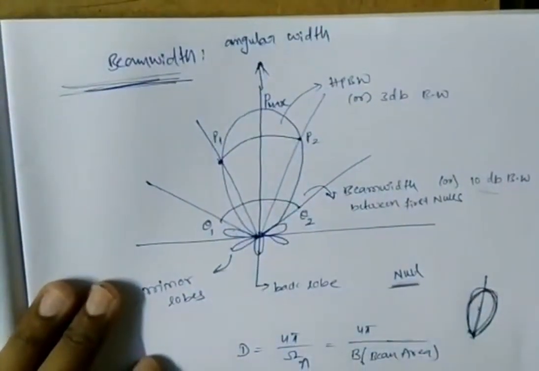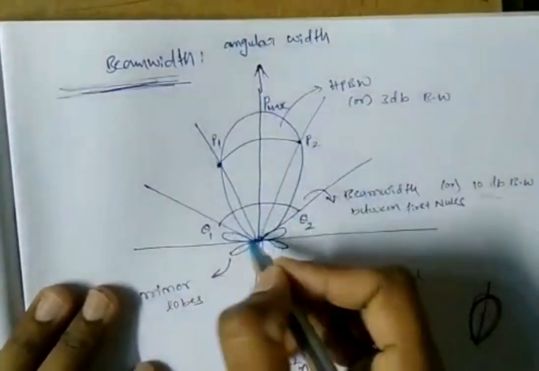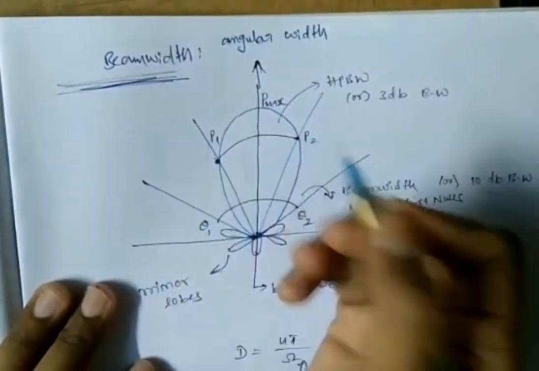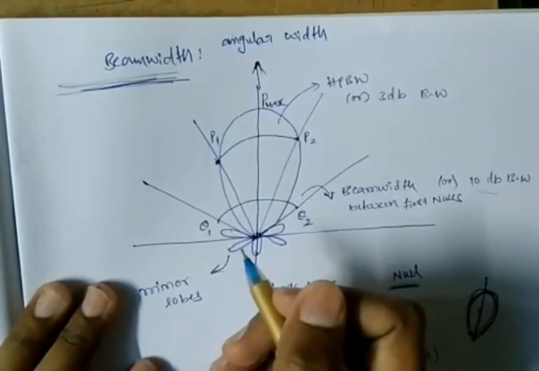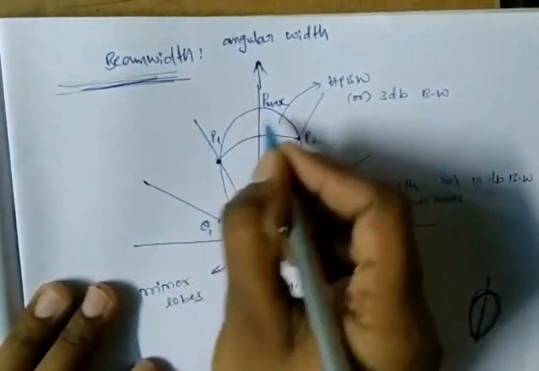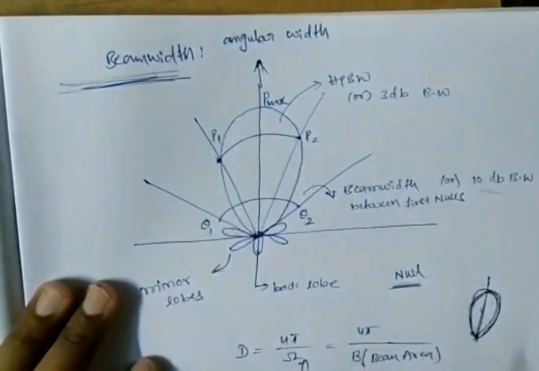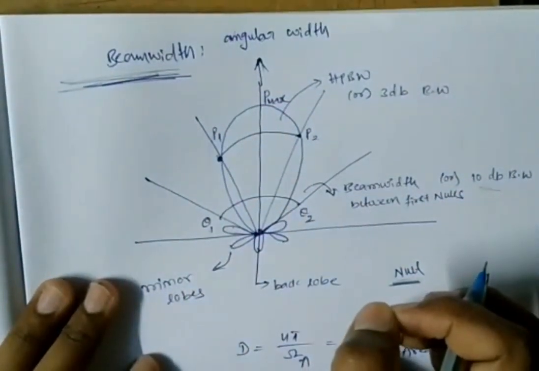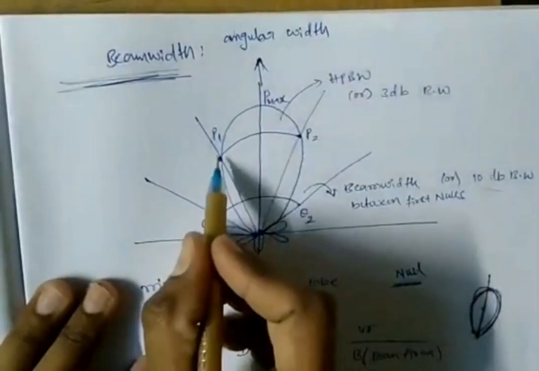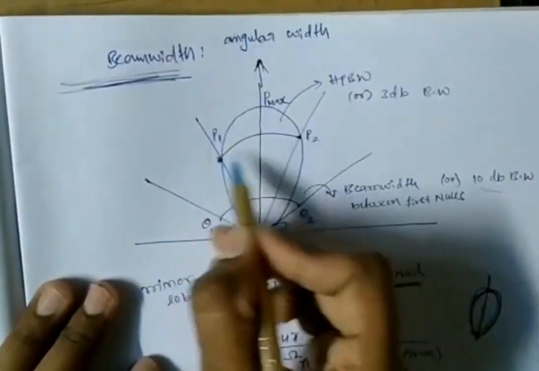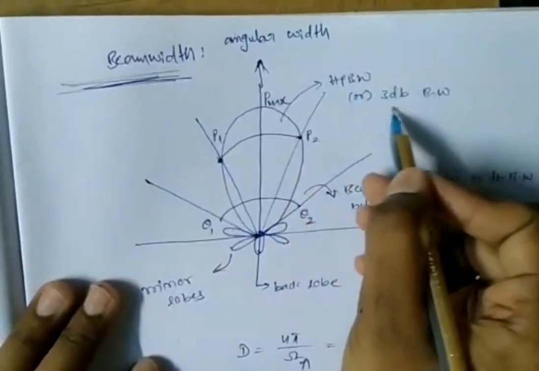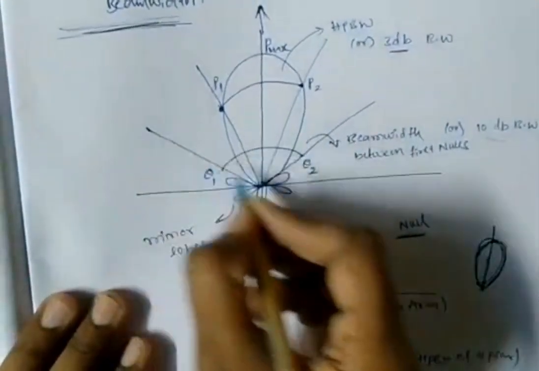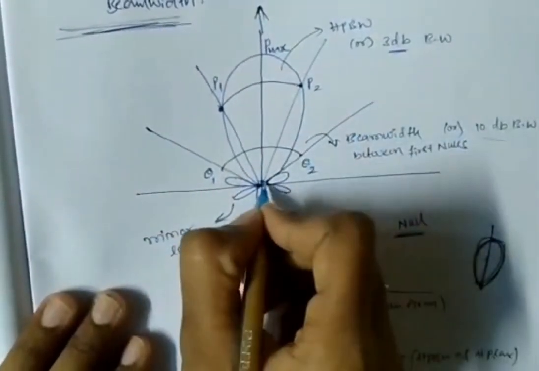And how are we finding the beam width here? We are finding the beam width on the radiation pattern between 2 points. Now how are we taking those 2 points? How we are considering those 2 points on the major lobe is nothing but at which point the radiated power decreases to half of its maximum power. Between those 2 points, we are finding the beam width. So this is also called half power beam width or 3 dB beam width. Similarly, we are finding the beam width between the nulls also.